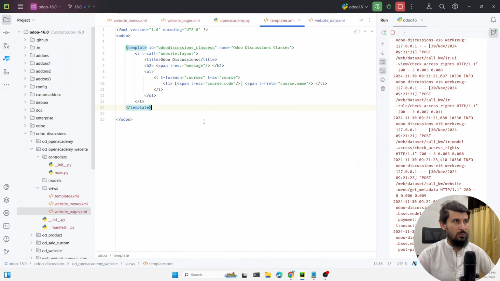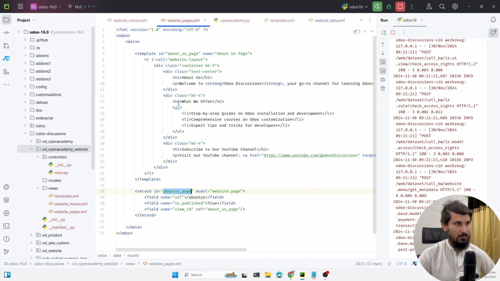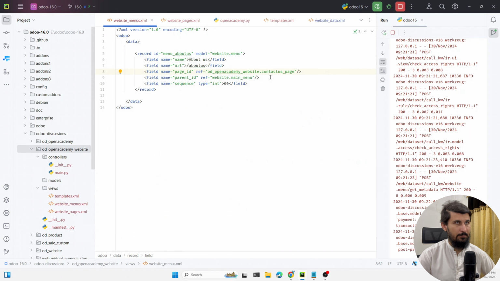Okay, so what we have done so far, we have added the menu item here. The page should be the one that we have added inside this module. So let me copy it from here. This one will remain the same, so it is 60, so let's just make it 50 to show it out before the contact us page. Okay,